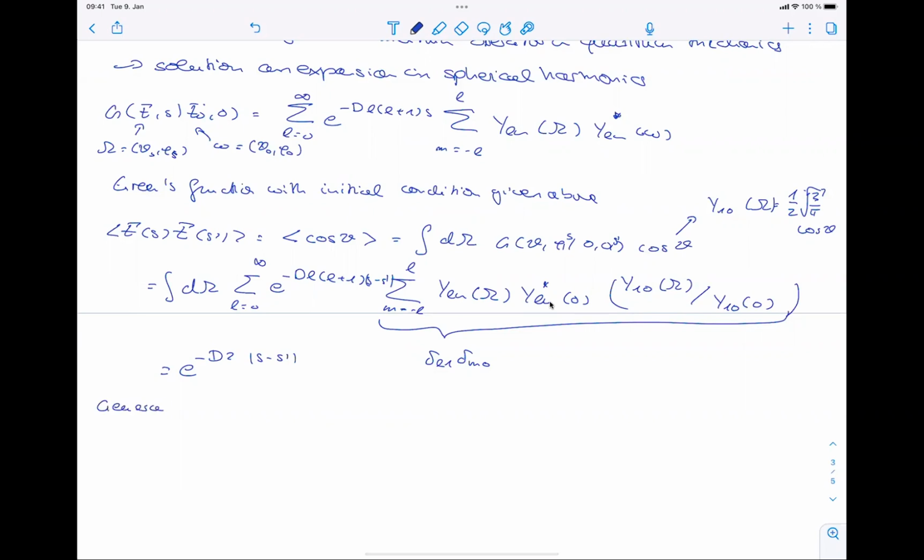So generally speaking, the inextensibility constraint makes it